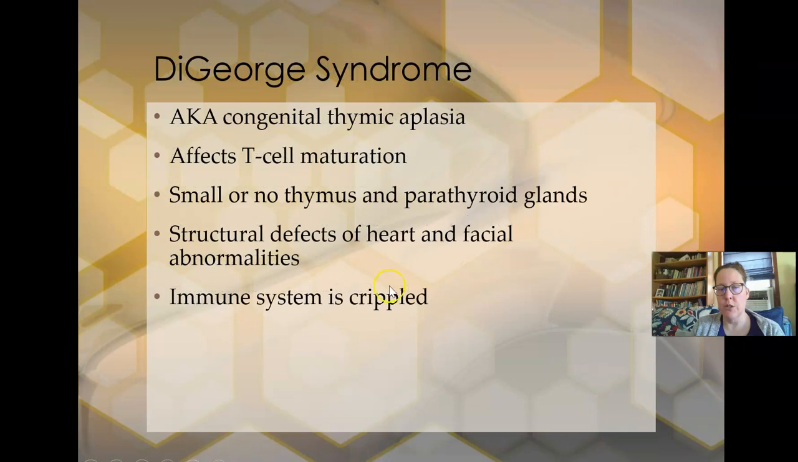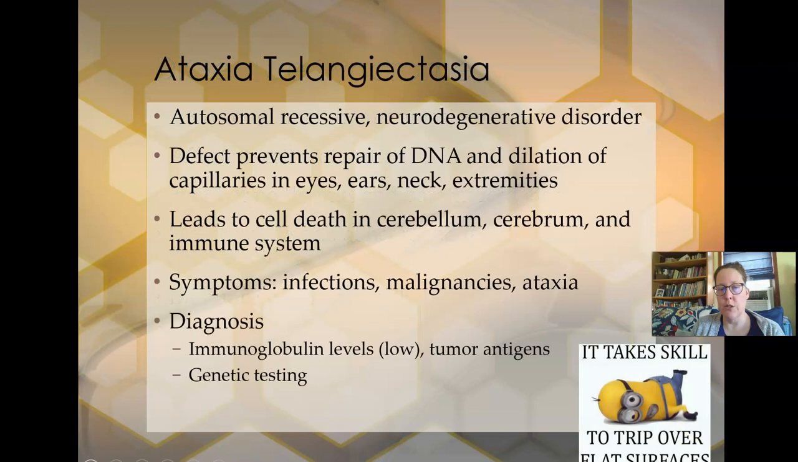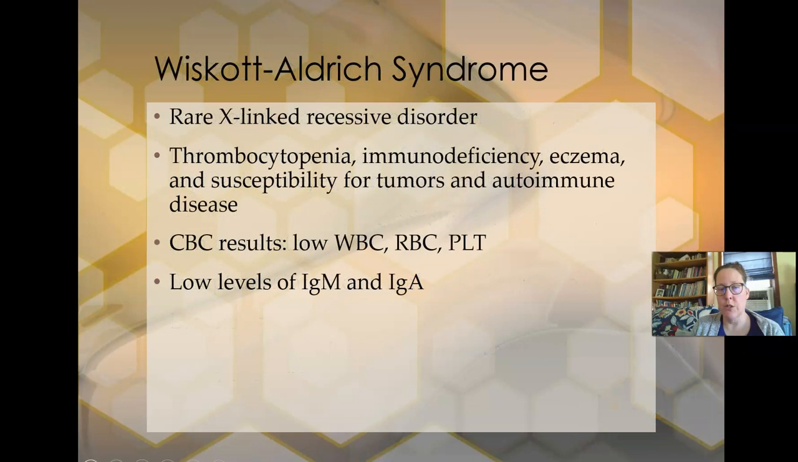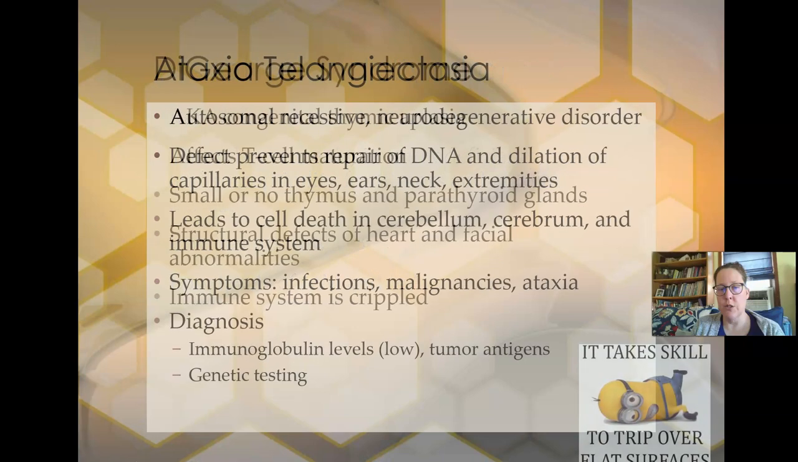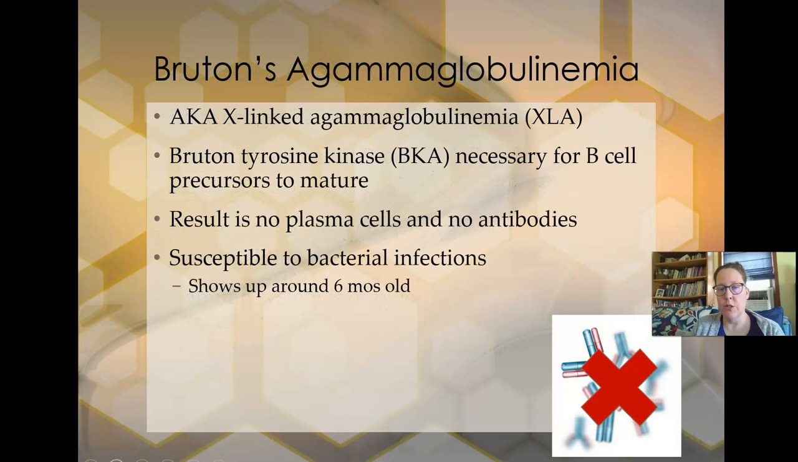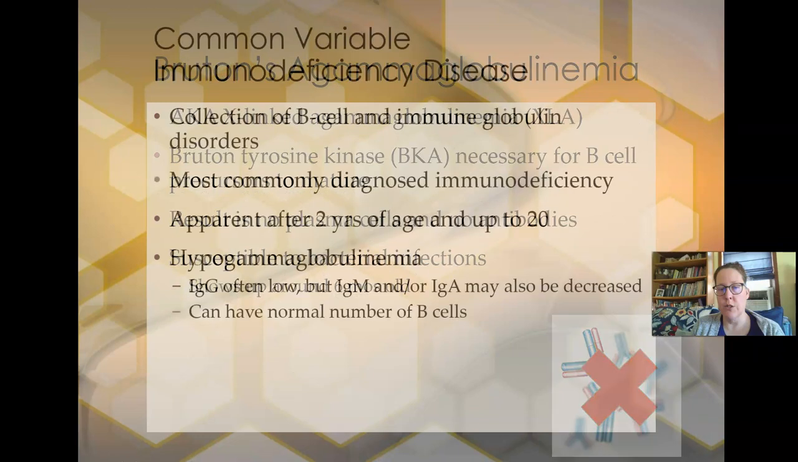So I think they would have noted if he had facial abnormalities by then with the immune system that's crippled. So I don't think it's DiGeorge. And then this one, it's neurodegenerative. Right now, what he's presenting is not so much neurodegenerative. And it can't be Wiskott-Aldrich because even though his white count was a bit low, his red cell and his platelet were adequate. So again, I am thinking that Bruton's agammaglobulinemia is more likely,